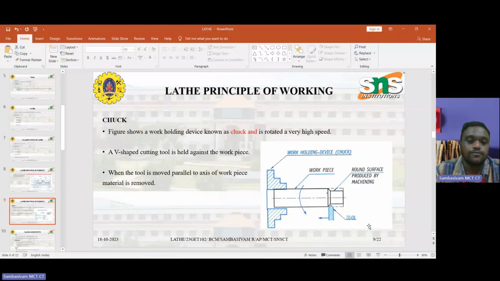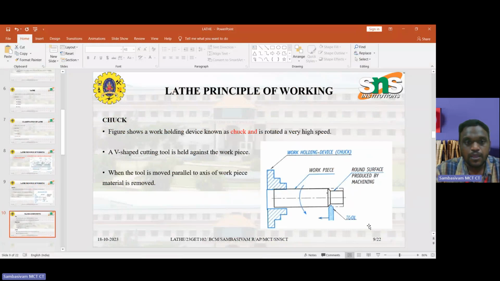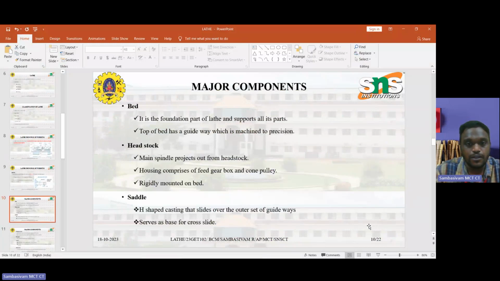As shown in the figure, the workpiece is held and rotating at a high speed. A V-shaped cutting tool is held against the workpiece. When the tool is moved parallel to the axis of the workpiece, the material is removed. The round surface is produced by various methods. The major components, as I said, are the bed, headstock, and